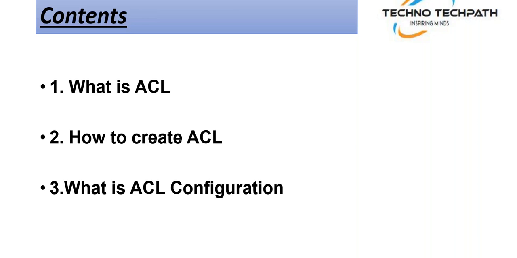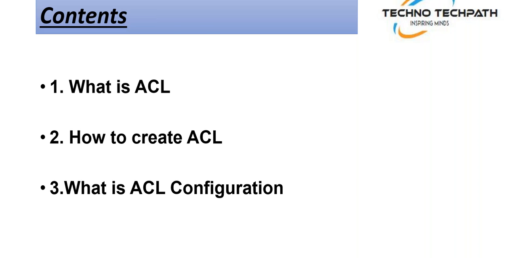ACLs are the security rules that control users' access to data in system tables. ACLs control access to entire tables and to individual fields. When we talk about ACL, we talk about data security, how to secure data from an unauthorized user. Security has to be implemented at multiple levels and in multiple ways.